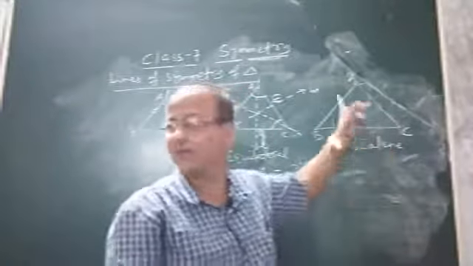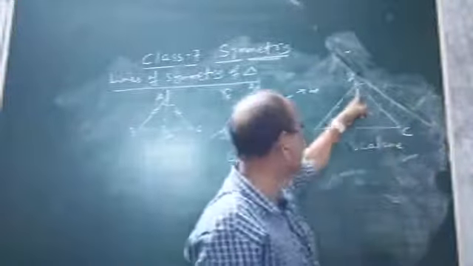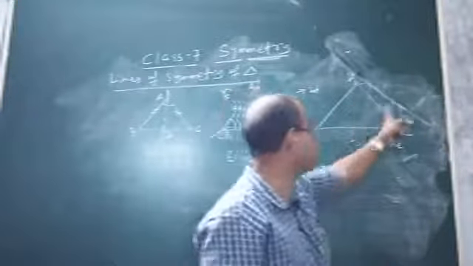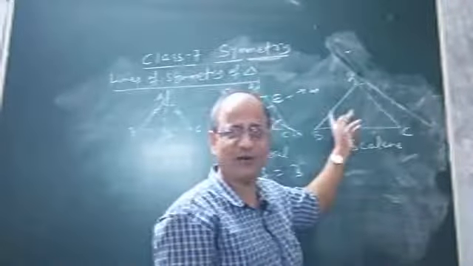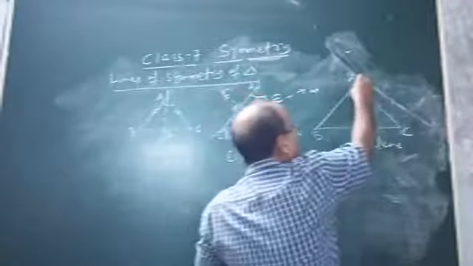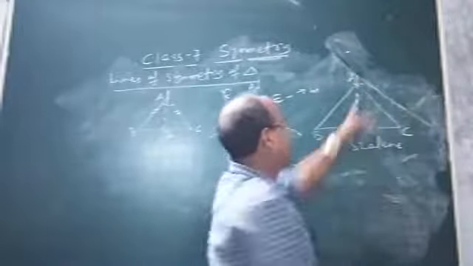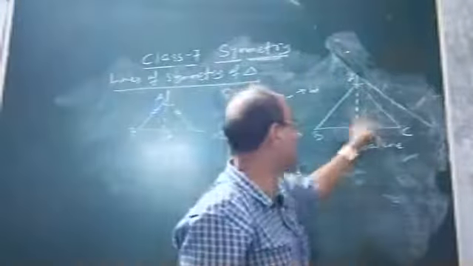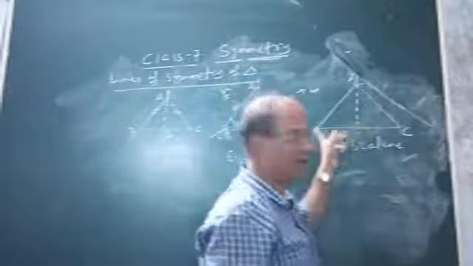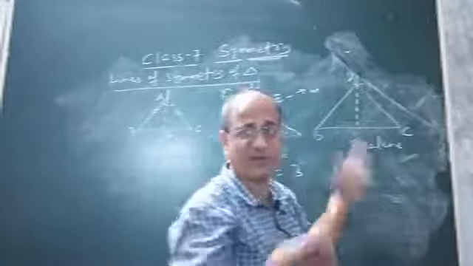That means about any dotted line, if we take a dotted line about vertex A or vertex B or vertex C, do you expect that... Suppose I will draw the bisector of angle A, suppose this is the bisector of angle A. Do you think that this part and this part, I mean AC and AB, will coincide? The answer is clearly no, because the length of AC and AB is not the same.